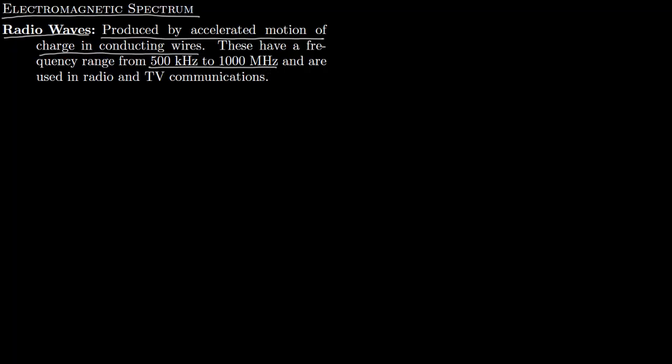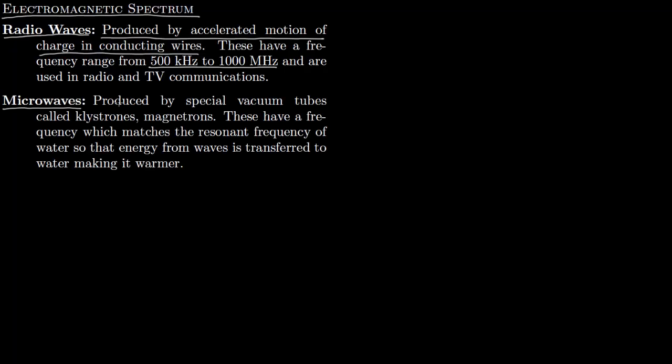The second kind of waves we will talk about is microwaves. Now you already know that microwaves are used in a standard microwave oven. These are produced by special vacuum tubes. These special vacuum tubes are called klystrons or magnetrons. Now the microwaves have a frequency, and this frequency matches the resonant frequency of